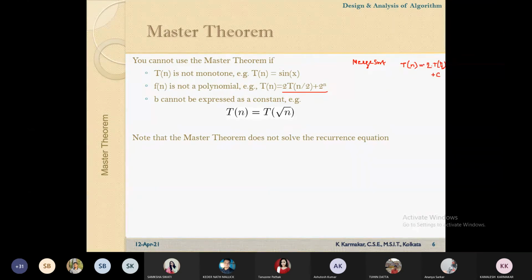This is a recursive function call. If n number of elements are there in the given problem, in the next step we are splitting it into two nearly equal halves. In this half, we have n by 2 number of elements. In this half, we have n by 2 number of elements. So we can represent this function as this recurrence. T of n is split into two halves of T n by 2. Each half will contain approximately n by 2 elements.